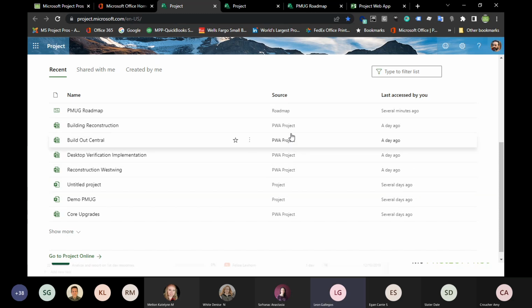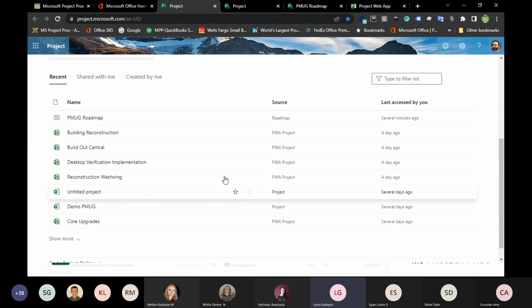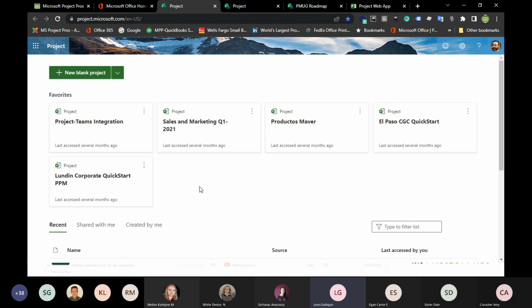What they're basically indicating is that this PWA project is a Project Online project. This project here is a Project for the Web project, but they're all in one centralized location that we can get easy access to.